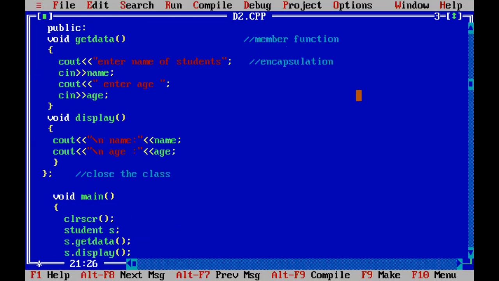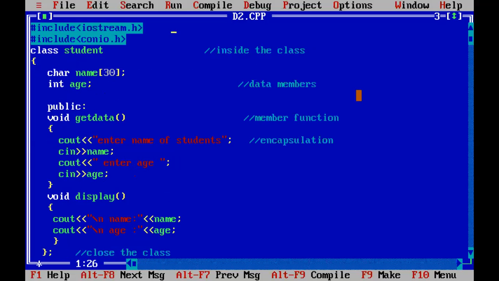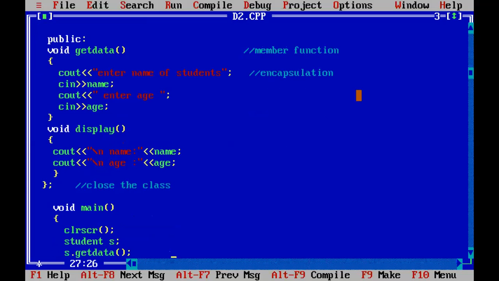So students, this is the simple program. We start from the name of the class, then the declaration of the data members, then the declaration of the member functions, and this thing is known as encapsulation, and all these things are binding. Data is going to be bound here. This is the total wrapping of the data, which is known as encapsulation, up to the close of the class.